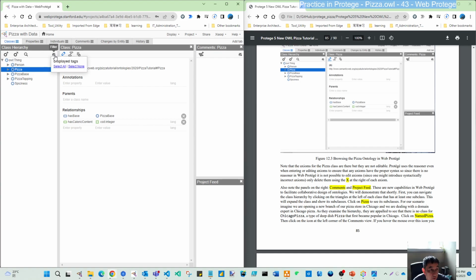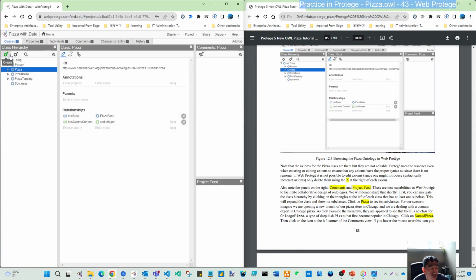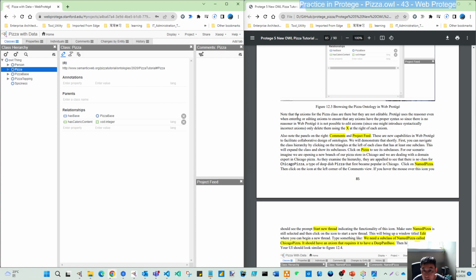And this is the filter. So you can select all, select none. These are create, delete. When you create, here also there is a little difference. You don't have to create sibling or create a child. So just create. Note that the actions for the pizza class are there, but they are not editable. So you cannot edit them. You can just